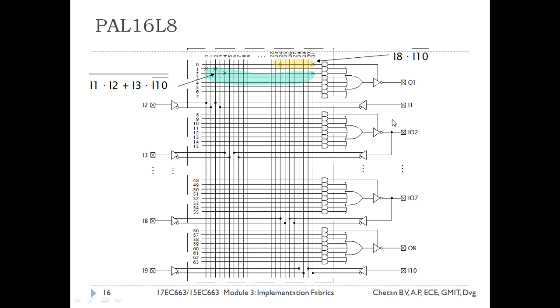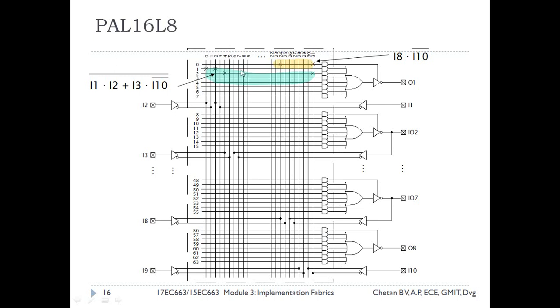If you observe the output pins, at the output you find a tri-state driver, and the bubble at the output of the tri-state driver indicates that outputs are active low. The tri-state buffers at the outputs are controlled by a control signal, which is nothing but an AND product or product term. In this structure, the grid enclosed within this dotted line is the programmable part.